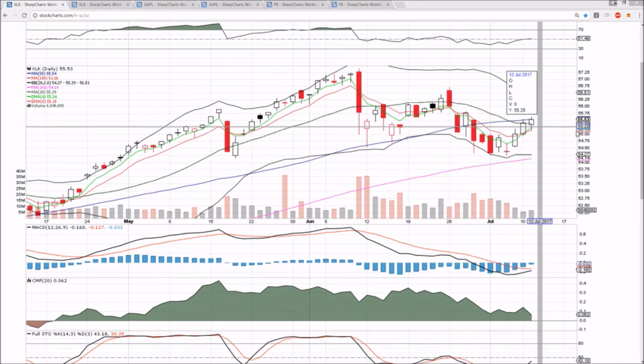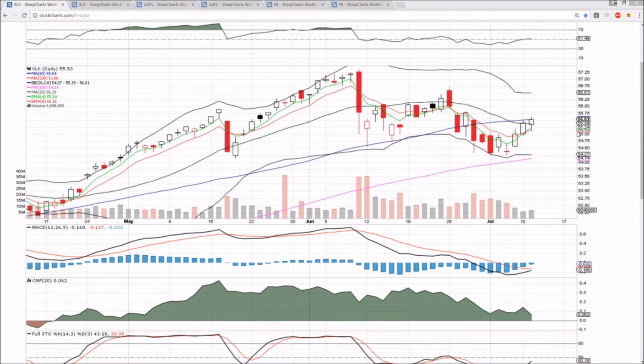Bulls still maintaining control. They dipped today. The bulls bought the dip. And seeing a correlation with the overall market, of course, and watching a tightening range in SPY, and watching if we do get a break in SPY, we'll be looking for the same direction to follow here on the tech sector. But as of right now, still looking for that lower high, just being very patient for it.